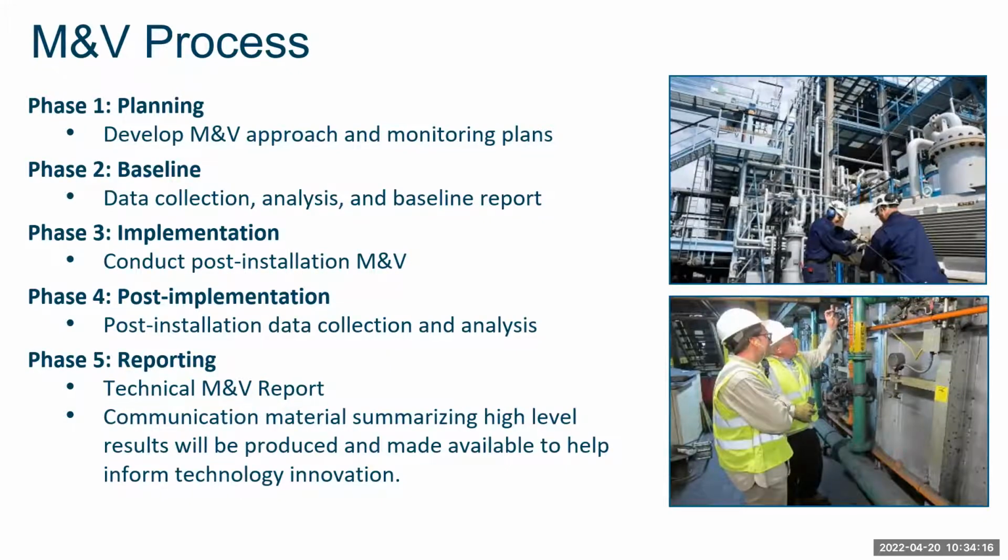And then we go into phase 3, the implementation, where the technology vendor installs the equipment with support from some other parties, and then we get in there and try to make sure that the operating conditions are being met from a commissioning standpoint. We also gather some data to make sure that the systems are doing what they're supposed to be doing. This is kind of a trial period. We want to make sure that the systems are performing the way they're intended to perform.